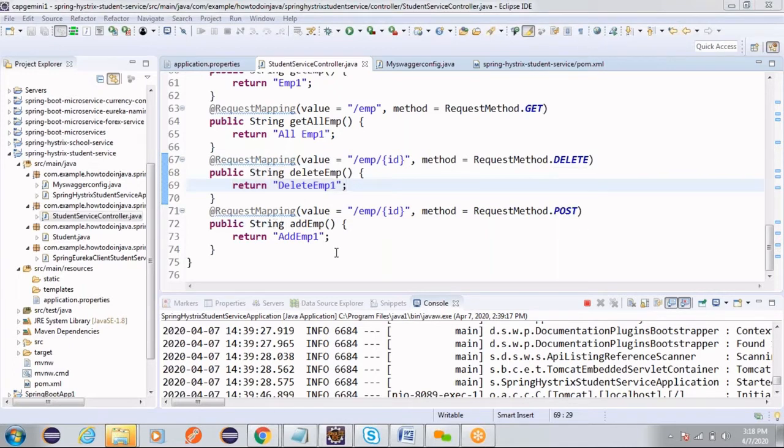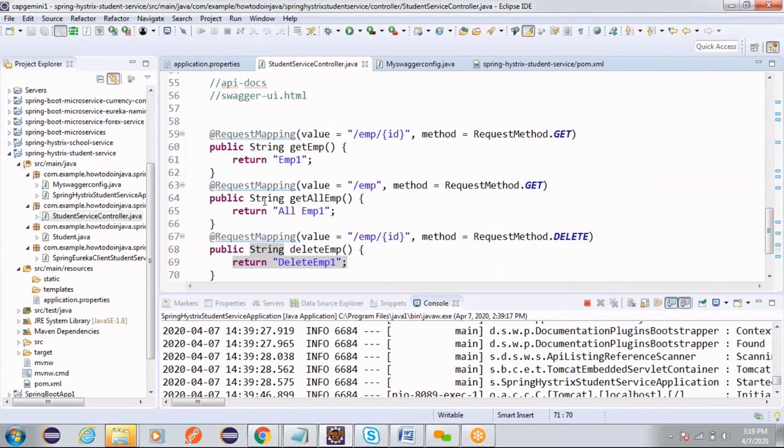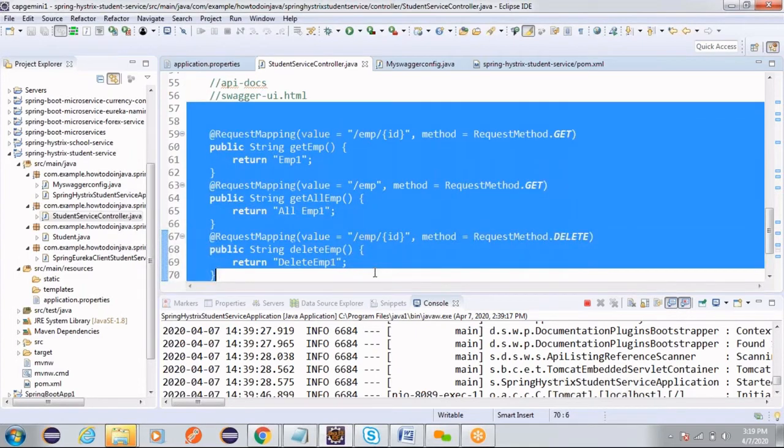And another employee slash ID mapping for the post operation, which is to update. This is how we have multiple RESTful URI functions. These are all called endpoints. URLs are nothing but the endpoints. Now I wanted to generate the documentation for these methods, and this can be done with Swagger.